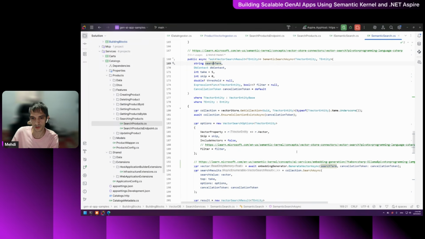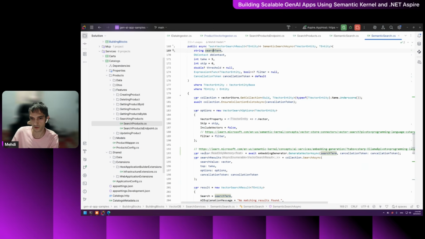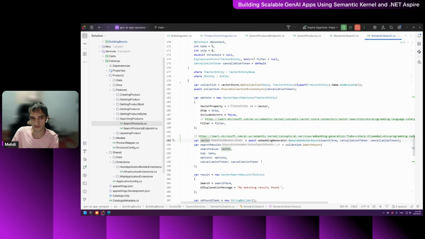Based on this search term, we create a vector, and after that, we search this vector, this meaning, inside of our meaning database, actually, our vector database. And the vector database here is Qdrant. Qdrant returns us the result, actually the meaning of this search term inside of our